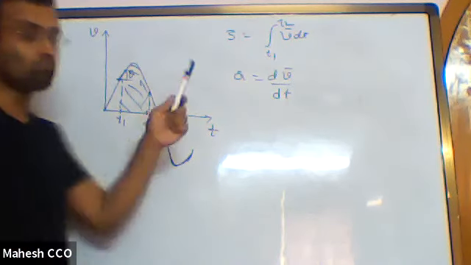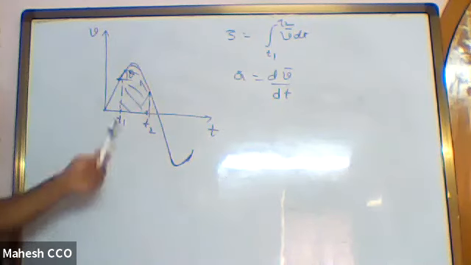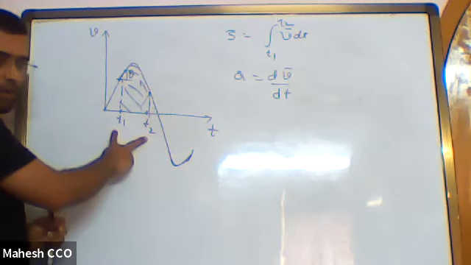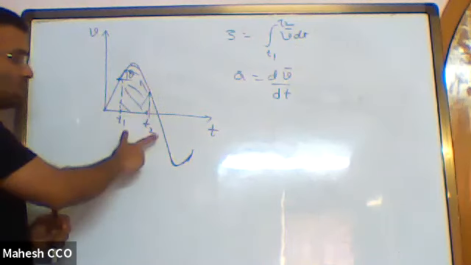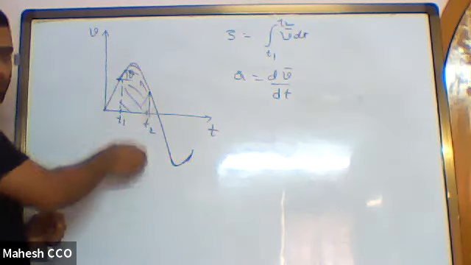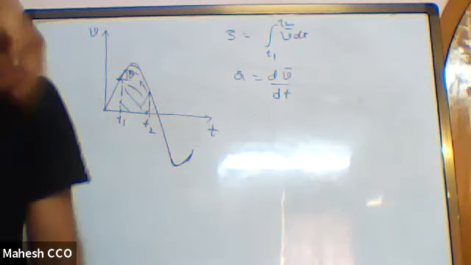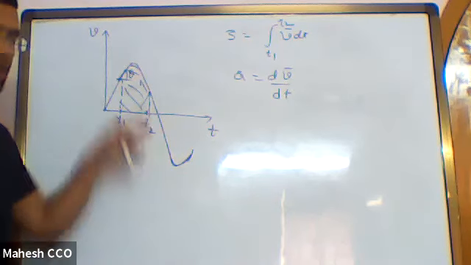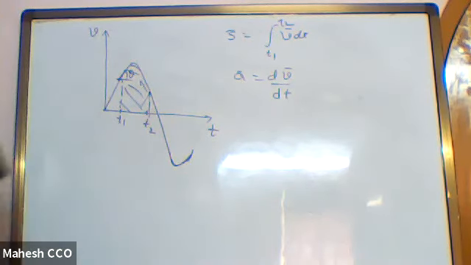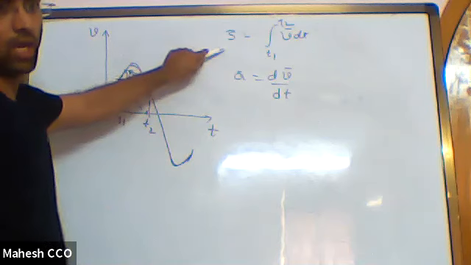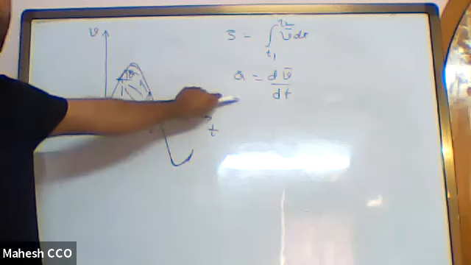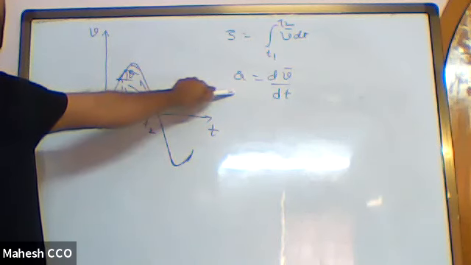Therefore, if I want the displacement in the interval t1 to t2, I have to first take those instants t1 and t2 on the time axis of the graph, then take the area under the velocity time graph with the time axis. Only then this area gives us the displacement in the interval t1 to t2. So displacement can be achieved from the vt graph by using the area under the curve with the time axis. Acceleration can be achieved by taking the slope. Write down.